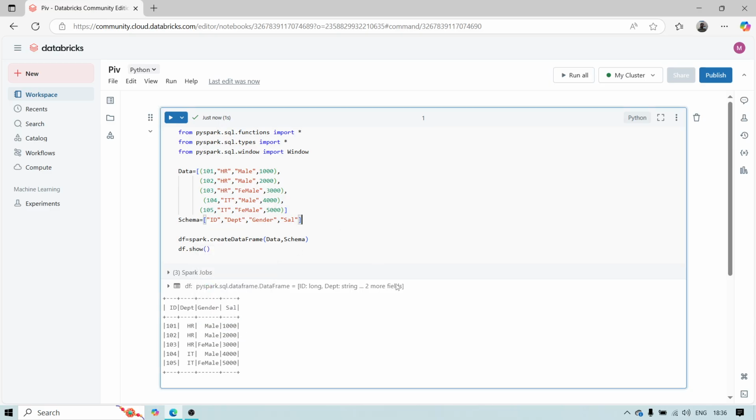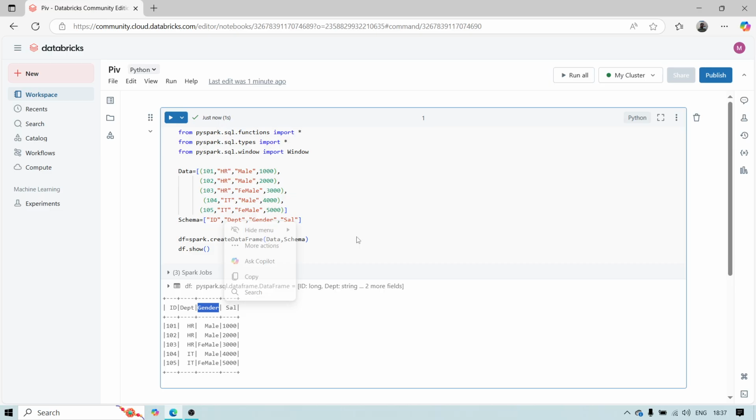Whenever you want to do the pivot, the first thing we need to do is group by, and then we need to pass the column. That column we want as new columns, depending upon how many values we have. So this gender column, the gender rows we want as columns, male as one column